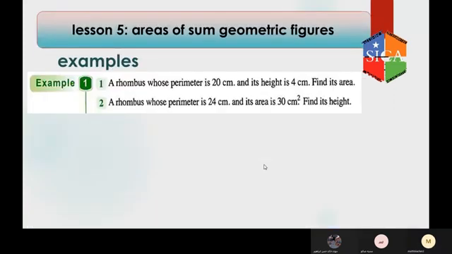Example. A rhombus whose perimeter is 20 centimeters and its height is 4, find its area. The perimeter equals the sum of its side lengths. The rhombus has 4 equal sides. Then the length of each side equals,